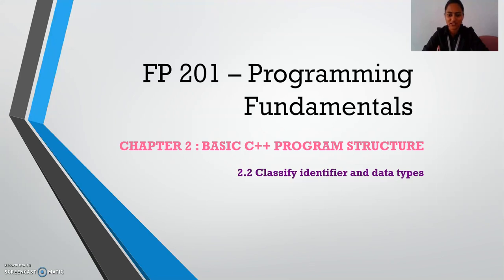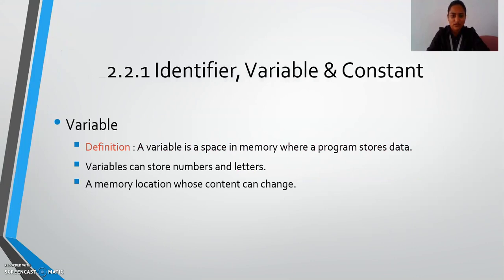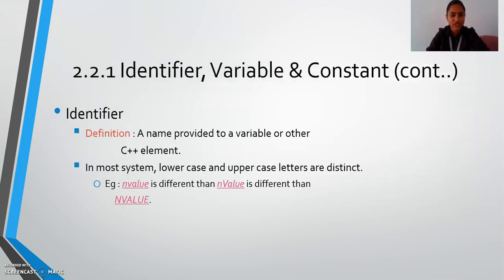I'm going to present about classifier, identifier, and data types. Identifier, variables, and constant. The definition of a variable is a space in memory where a program stores data. A variable can also store numbers and letters, a memory location whose content can change. An identifier is a name provided to a